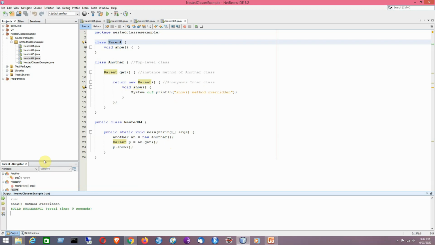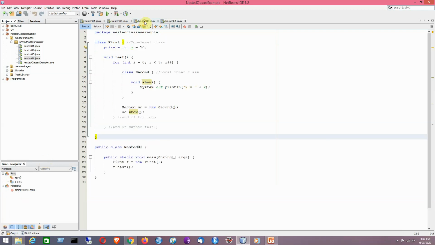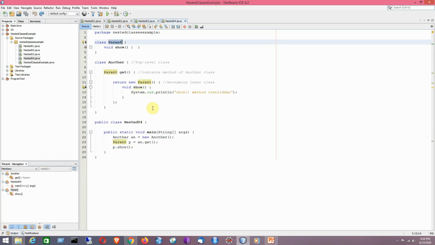The non-static nested class is also called an inner class. Member inner class is the basic thing to consider. Now we have two variations of the inner classes, like the local inner class, this example, and the anonymous inner class. Here we are defining this particular second level class within a method but without providing any name.